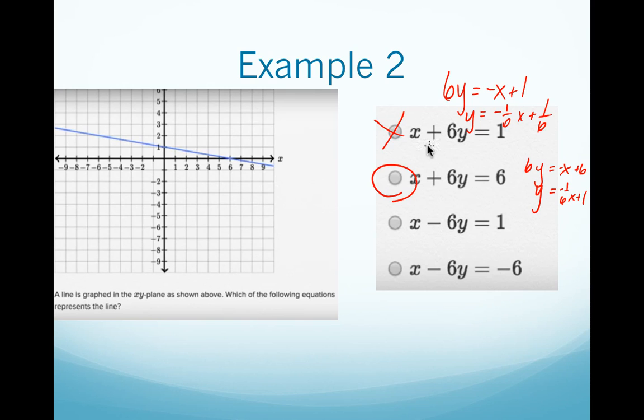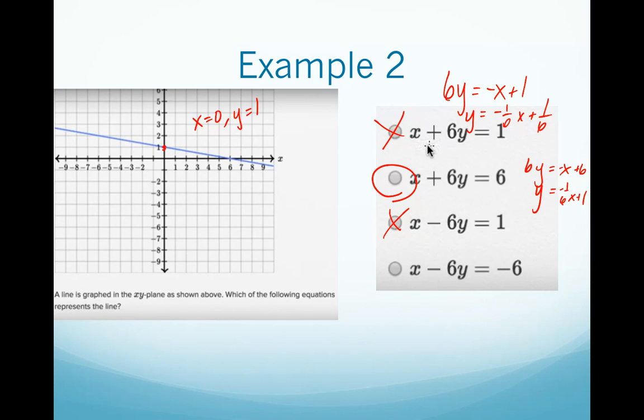Another way you could go about checking here is that you could just pick some x and y values and see if plugging them in works. So if you picked this point here, you could say, okay, x equals 0, y equals 1, and plug those into the answer choices to see if it's a true statement. So here, I would say 0 minus 6, that doesn't equal 1. So that would eliminate that choice. Or here, 0 minus 6